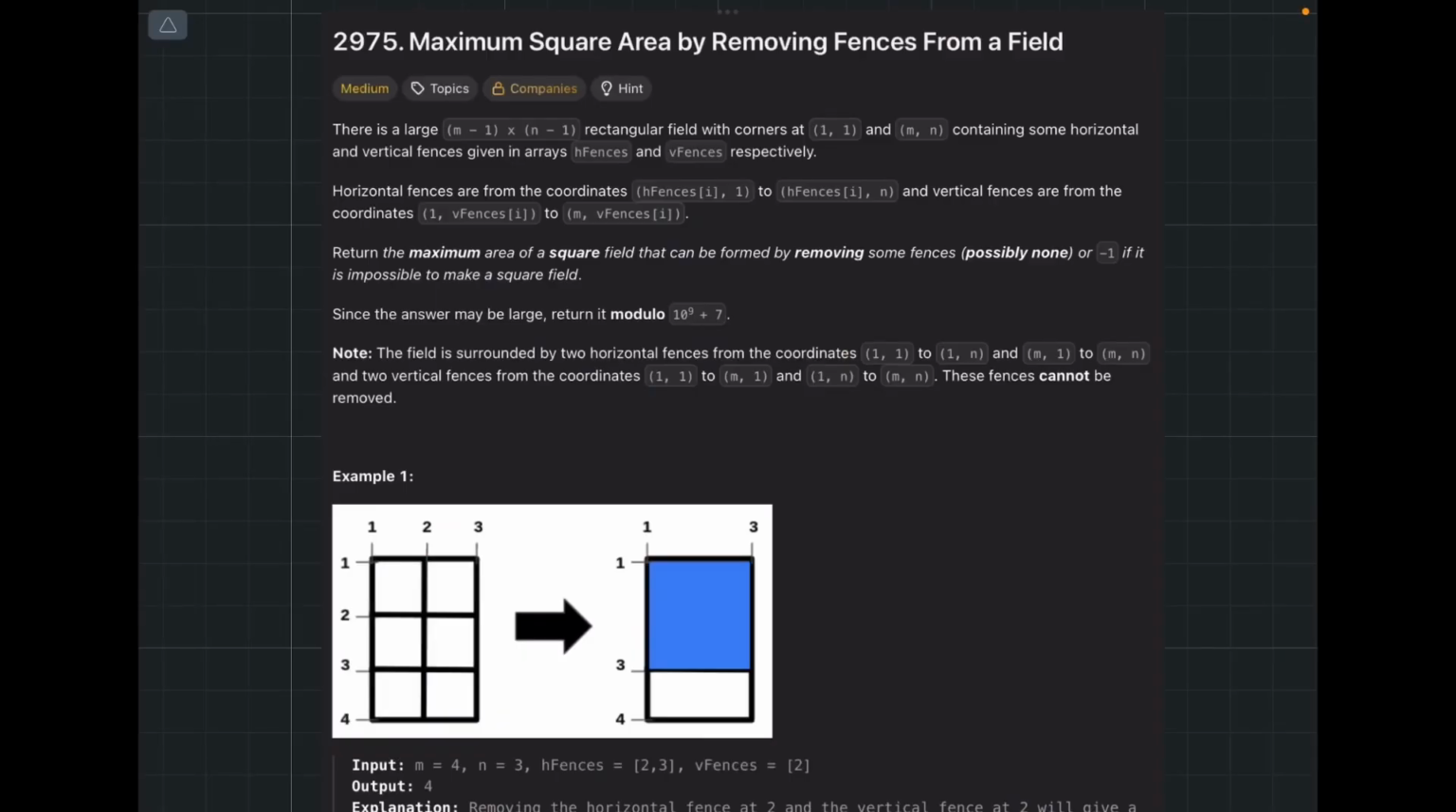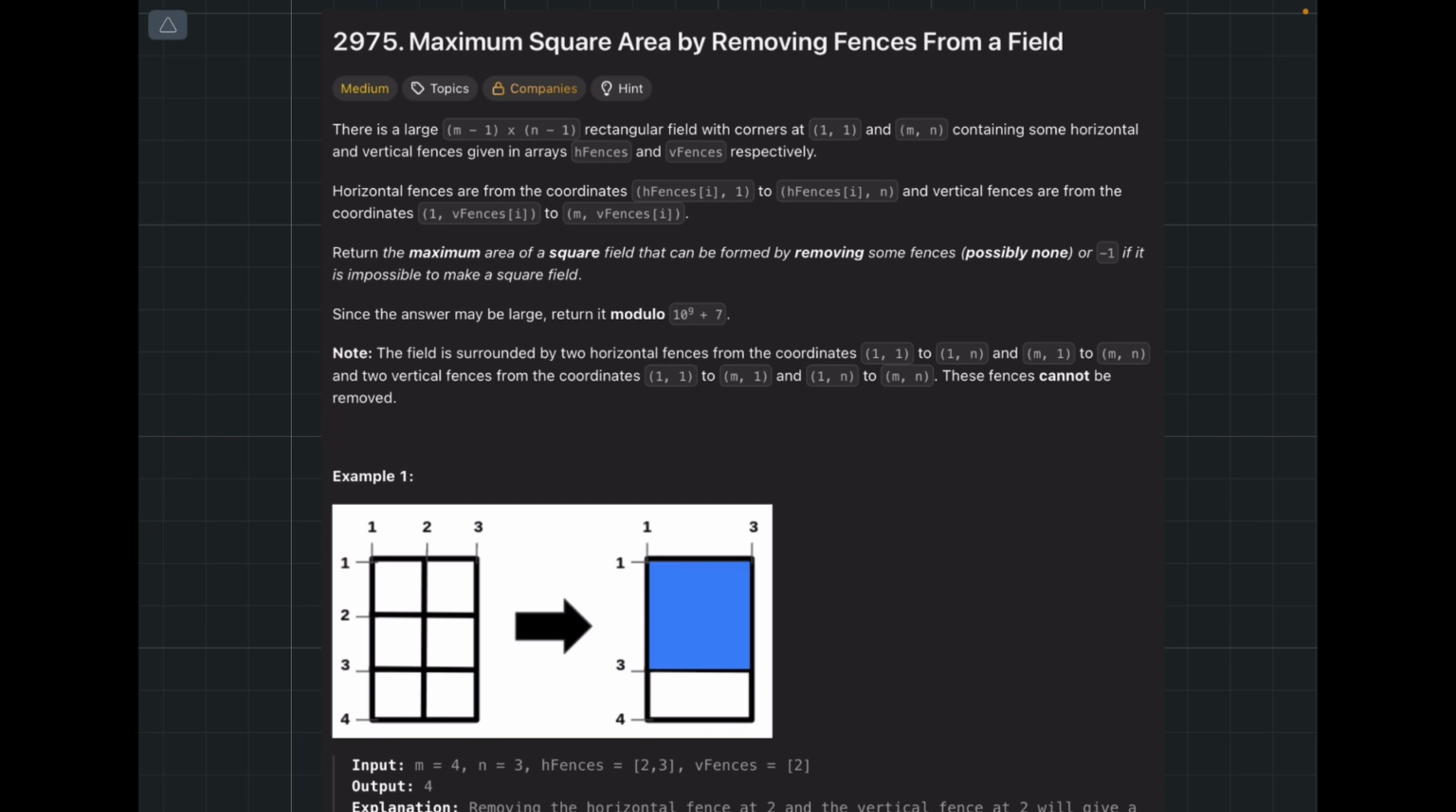Today's question is maximum square area by removing fences from the field. There is a large (m-1) by (n-1) rectangular field with corners (1,1) and (m,n), containing some horizontal and vertical fences given in the arrays hFences and vFences. Horizontal fences are there, vertical fences are there, and we have to return the maximum area of the square field that can be formed by removing some fences, or -1 if it is impossible,